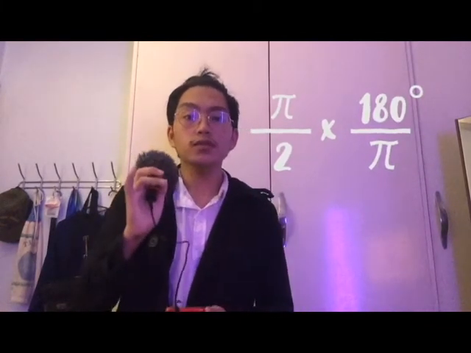For the examples, we have 4. The first one is to convert radian to degree measure. So the example is pi over 2. Since it's a radian given, it means that you have to convert it to degree. So what you'll have to do is rewrite the pi over 2 and multiply it by 180 degrees over pi. A little tip for you all, which was also taught to us by our teacher, is to remember